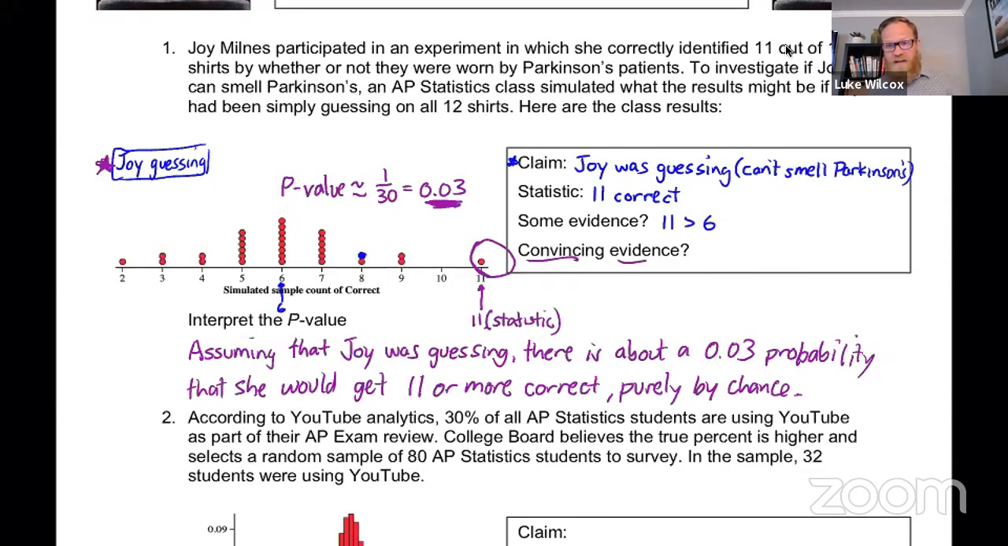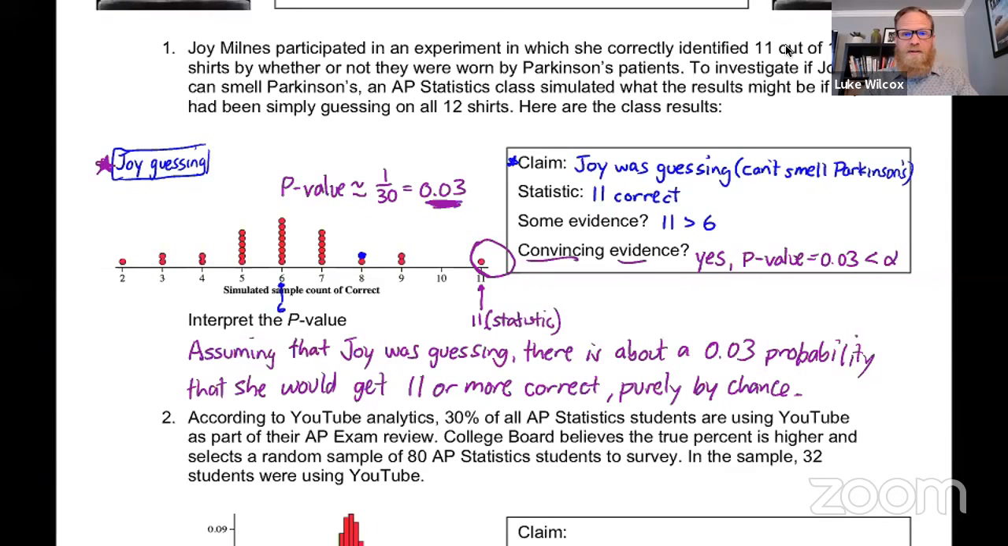So I'm going to say here, yes, we have convincing evidence because the p-value, which is very small, 0.03, is less than alpha, which I'm just going to use 5% as our alpha value for all of the problems that we're going to go through today. So based on the observed outcome of 11 out of 12, we do in fact have convincing evidence that Joy